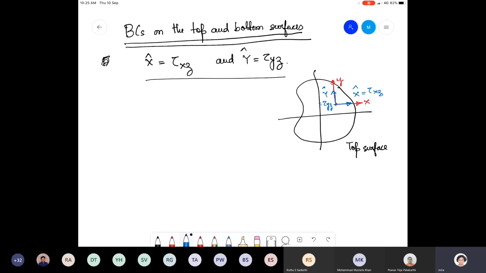Now, what we are going to try to see is that if the boundary forces on the top and bottom surfaces of the shaft are distributed in this form, the resultant forces are going to be 0. Let me try to show this. The resultant of the force in x direction